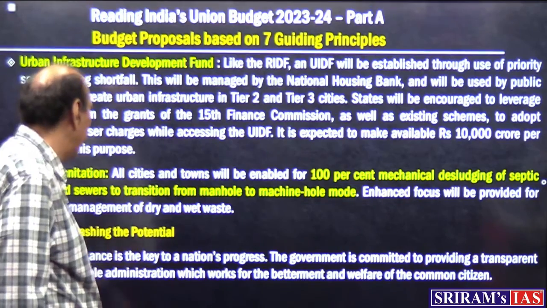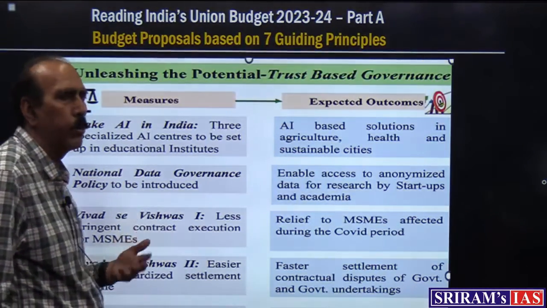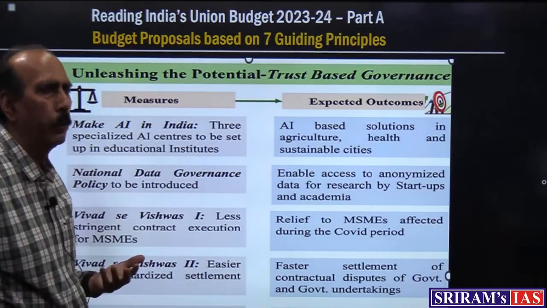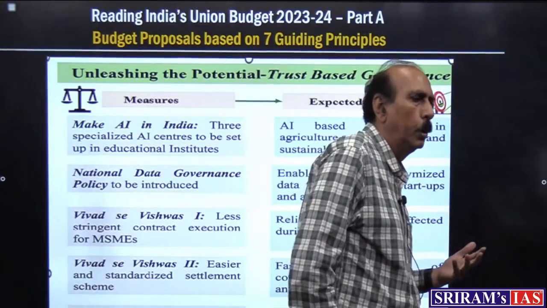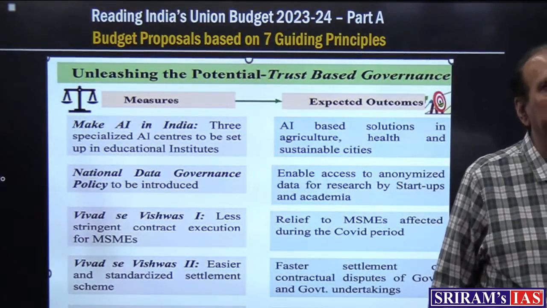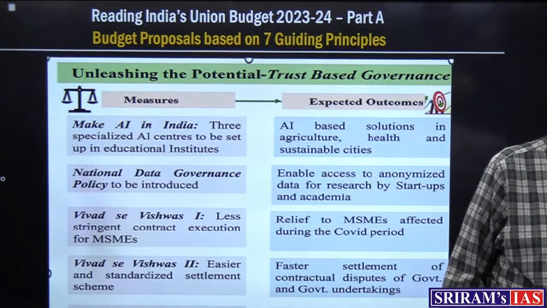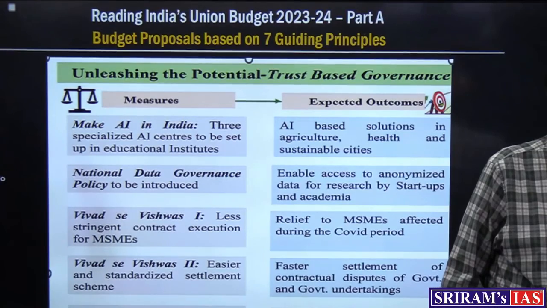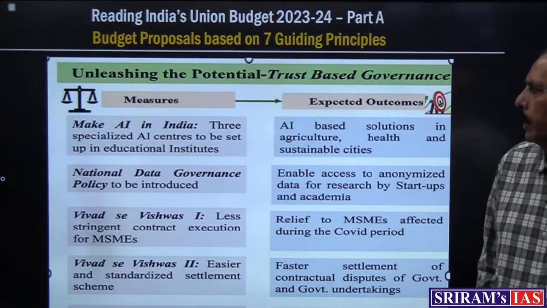Now, priority 4 is unleashing the potential. As I said, this is the basic objective of the Amrit Kal. We have to create the situation in such a way that all persons are able to use their potential to the maximum extent possible. And that's why the measures here are